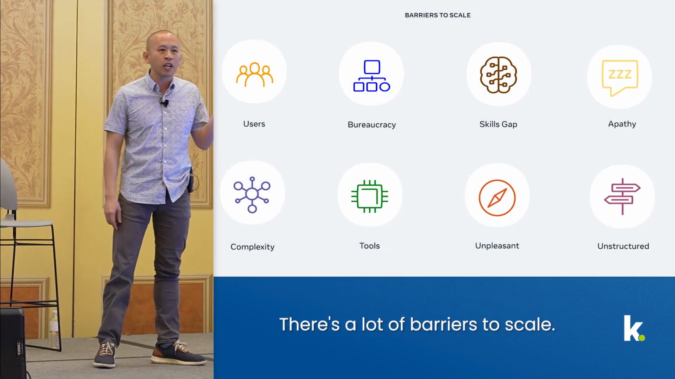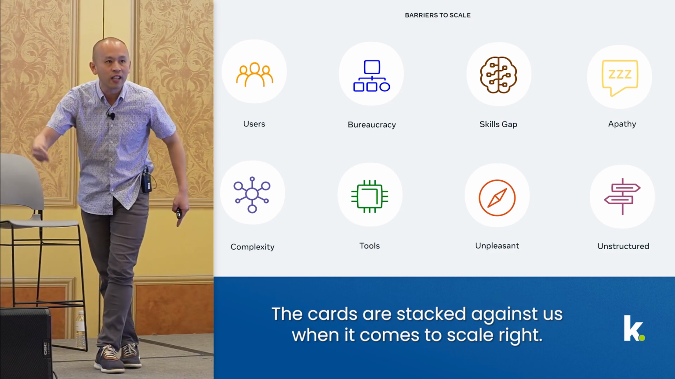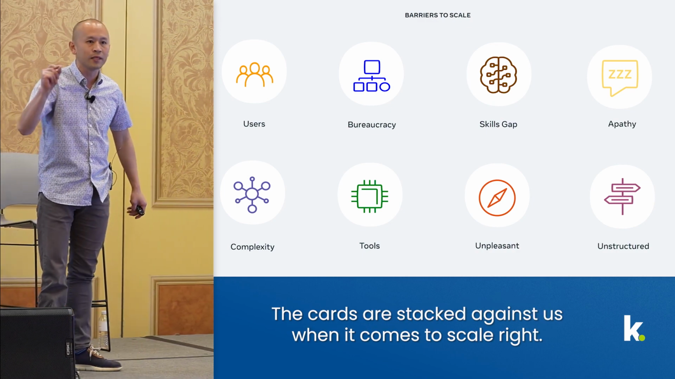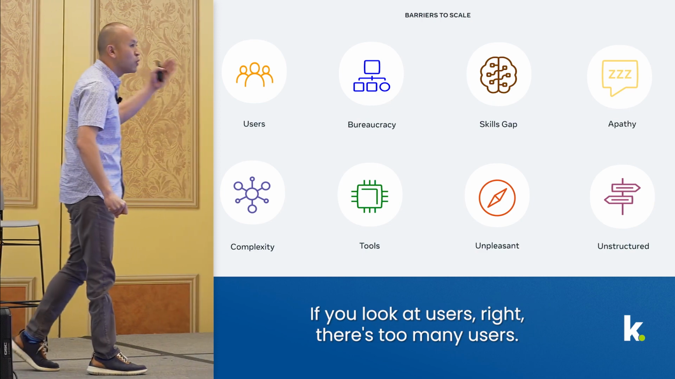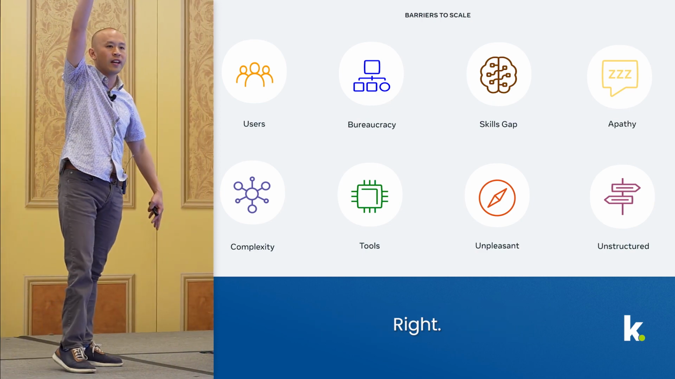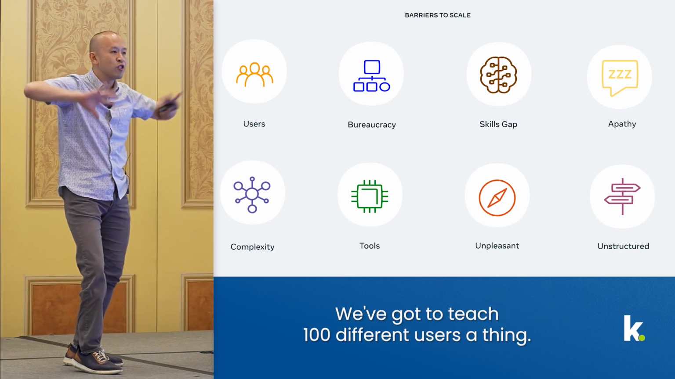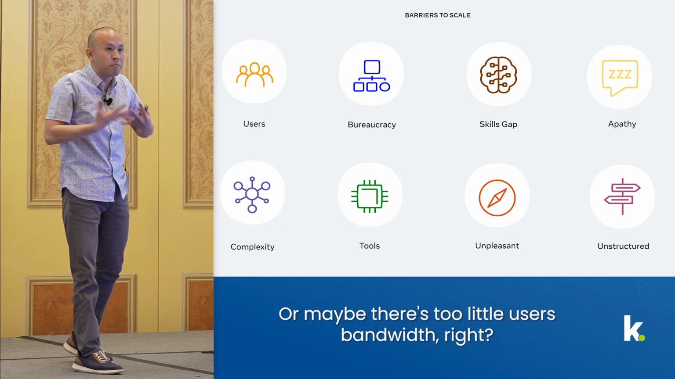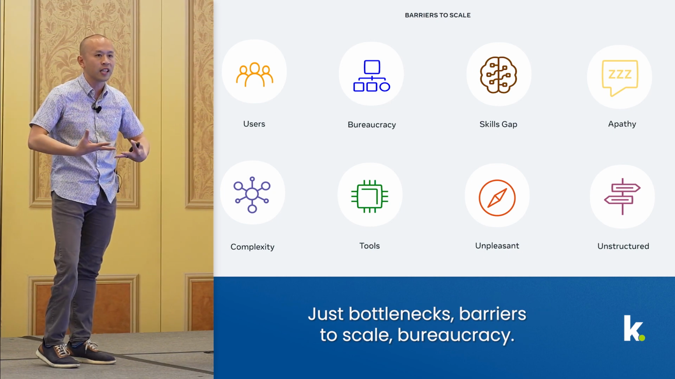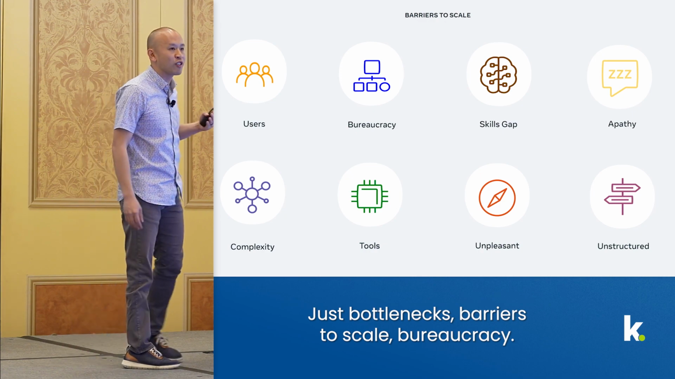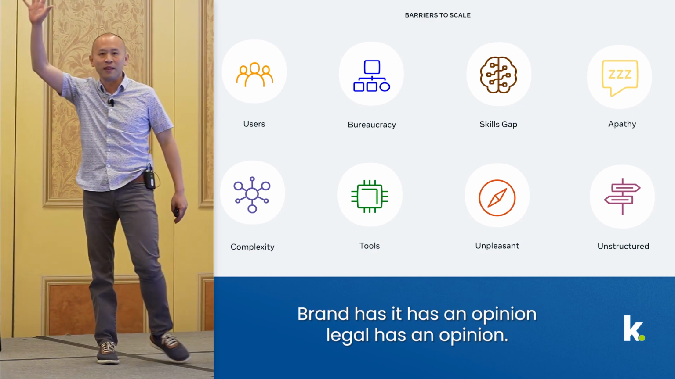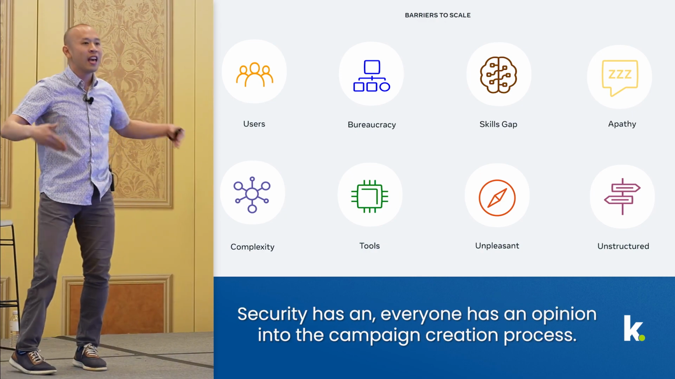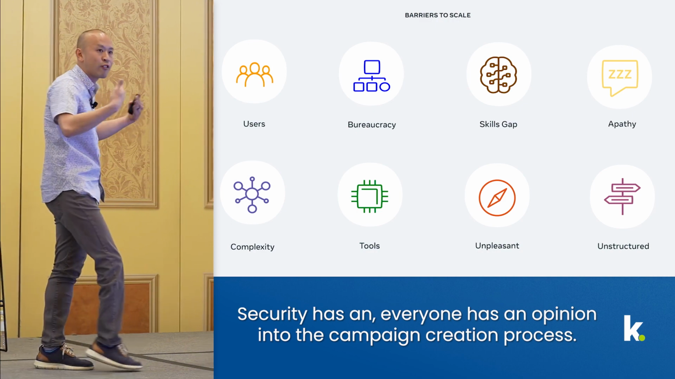There's a lot of answers. There's a lot of barriers to scale. The cards are stacked against us when it comes to scale, right? We look at users, right? There's too many users, right? We got to teach 100 different users a thing, or maybe there's too little users, bandwidth, right? It just bottlenecks, barriers to scale. Bureaucracy, brand has an opinion, legal has an opinion, security has an opinion, everyone has an opinion in the campaign creation process,